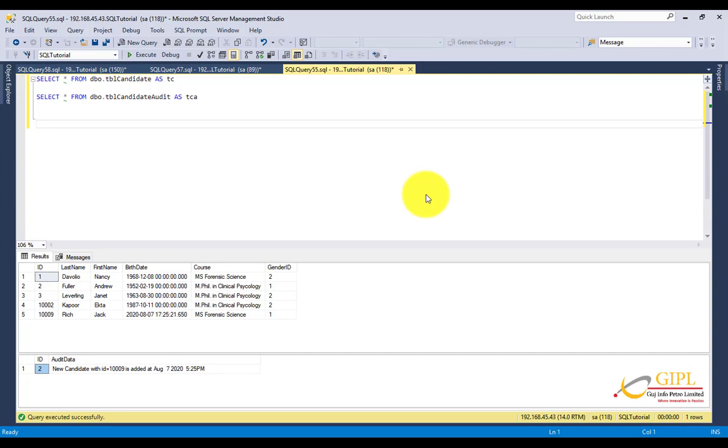They are very much identical except that here you specify for delete and here you say for insert, and in the after insert trigger you make use of the inserted table, and in the after delete trigger you make use of the deleted table. If it is an update, you make use of both inserted and deleted tables. That's it for today.